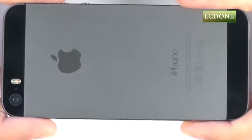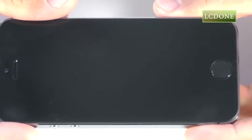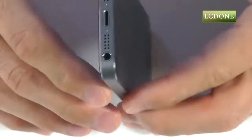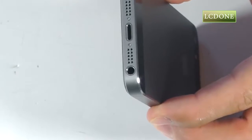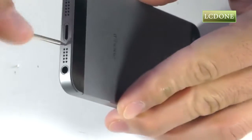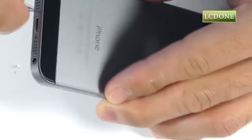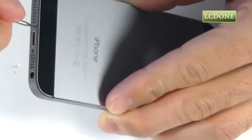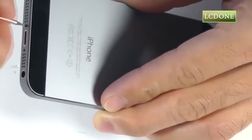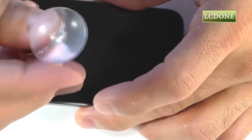Let's get started on our entry into the 5S today. Very similar to our iPhone 5, we have two pentalobe screws on either side of the lightning port. Let's use our screwdriver to remove these screws. With our pentalobe screws removed on either side of the lightning port, we want to use a suction cup down